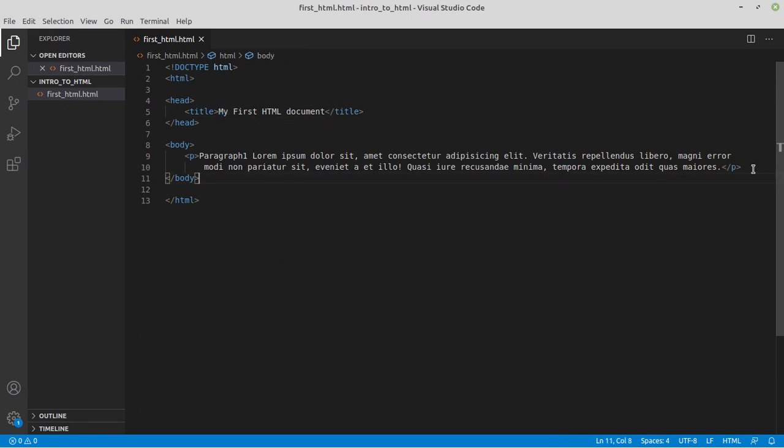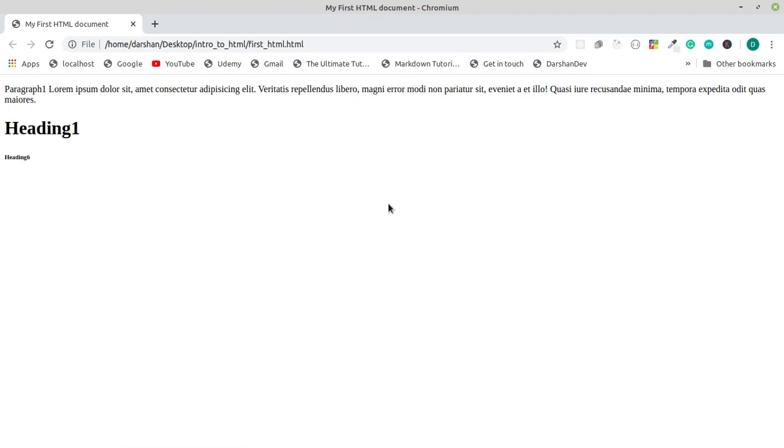So now we are going to learn about a few other tags, which are the heading tags. So heading tags go from H1, which is heading 1, to H6, which is heading 6. We saved it and we refreshed over here, and see, this is H1 and this is H6. So you can intuitively know that h1, then h2 will be smaller, smaller, smaller, and h6 will be the smallest. Actually, there is kind of no use for h6. I don't know why it's there, but you will generally use from h1 to h4.